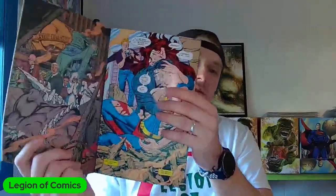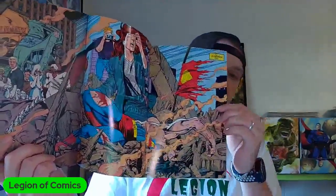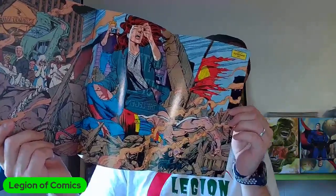And then when you get to the end, this is cool. You turn to that last page, Lois holding Superman, then you gatefold it, boom, and it just drops. And there's the iconic image right there. It was absolutely amazing. So what they included inside this, like it showed on the back of the Polybag,